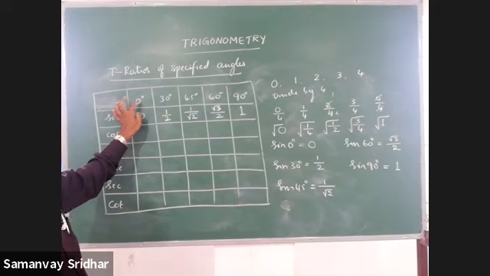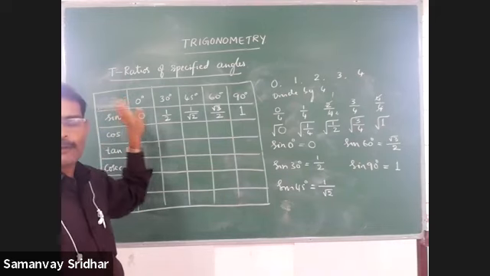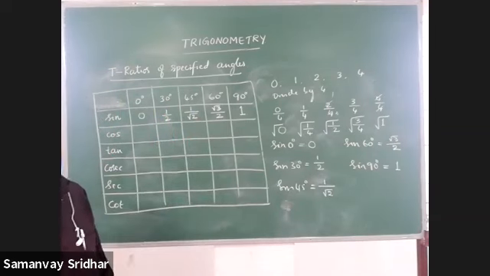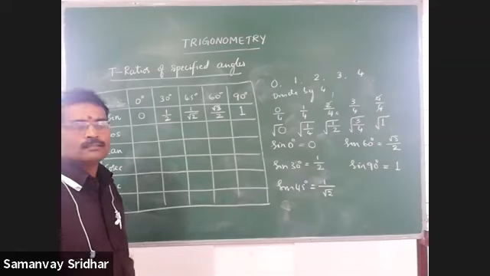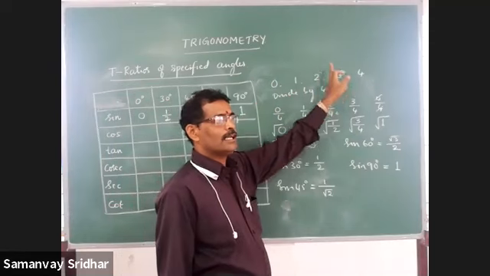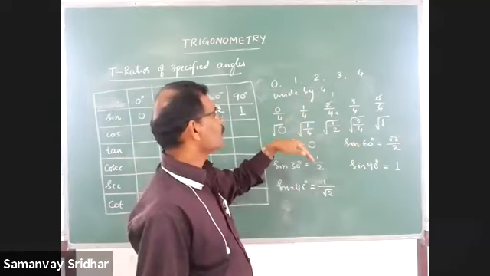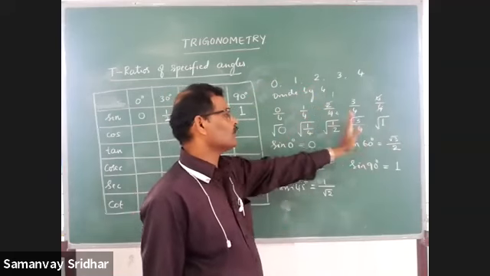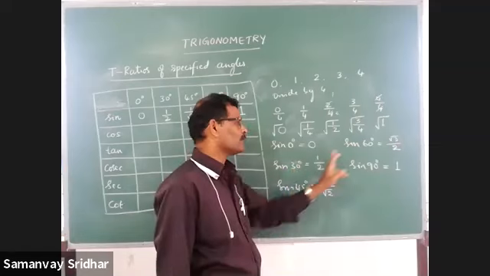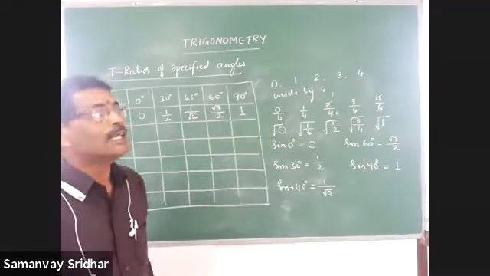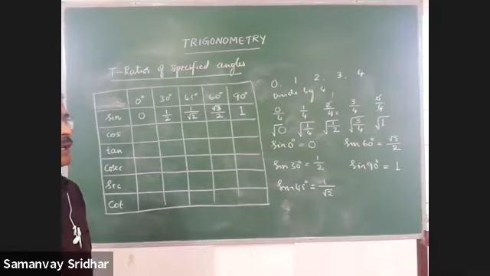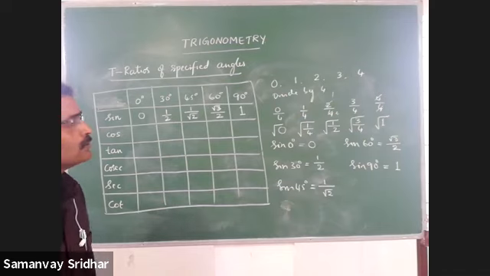The value of sine 0 is what? 0. Sine 30 degree is what? Half. Sine 45 degree is what? 1 by root 2. Sine 60 degree is what? Root 3 by 2. And sine 90 degree is what? 1. You got all the 5 values, isn't it? What I did for this: for 0 degree, 30 degree, 45 degree, 60 degree, and 90 degree with respect to the sine, you have to divide all by 4 and take the square root of them. Whatever you get, they are nothing but the values of sine 0, sine 30, sine 45, sine 60, and sine 90 respectively. It is just a technique. It is not the derivation. Got this?